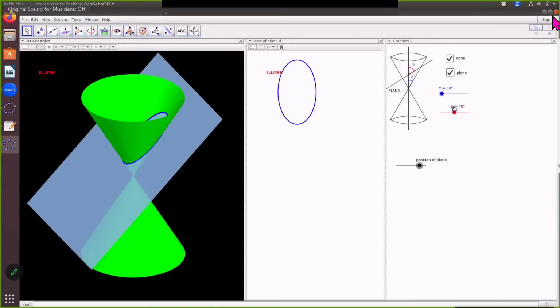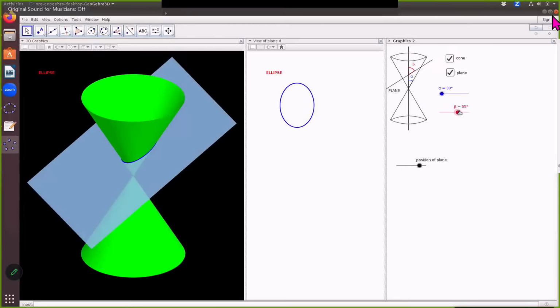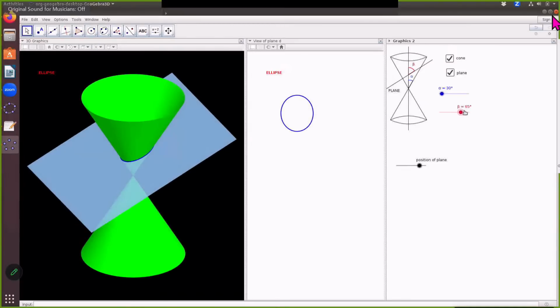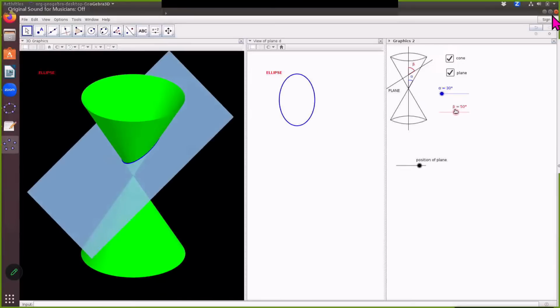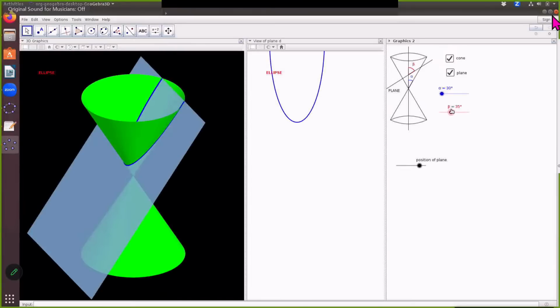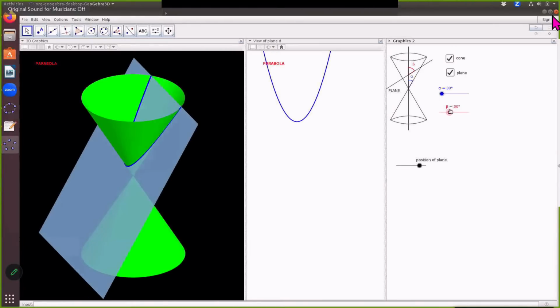Now suppose I change this angle beta, what is happening? The ellipse is shrinking, shrinking, shrinking, and finally when I reach 90 degree, you can see that the intersection becomes a circle, right? So at 90 degree it is a circle, and at all other degrees it is an ellipse. Now say what happens if I make it 35 degree. Okay, 35 degree again is an ellipse, and when I bring it to 30 degree, which is the same as this angle alpha,